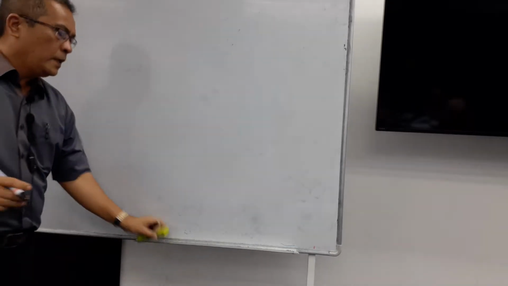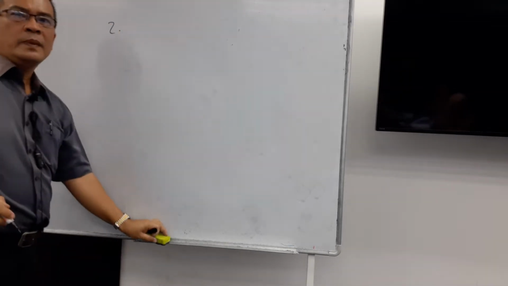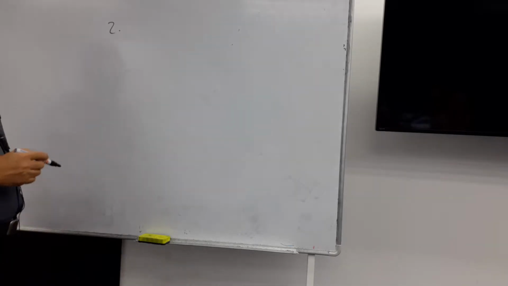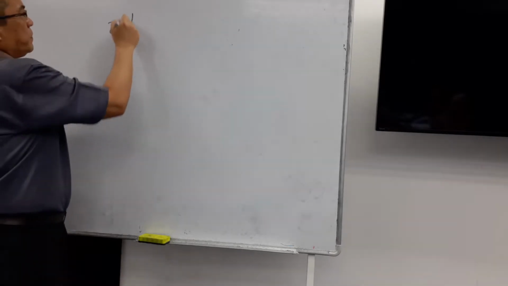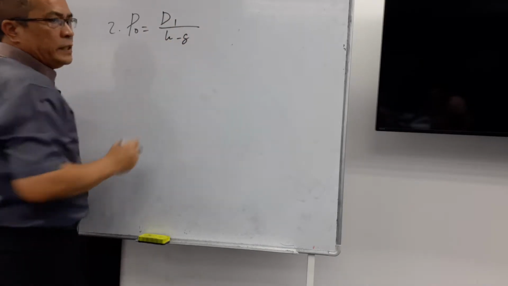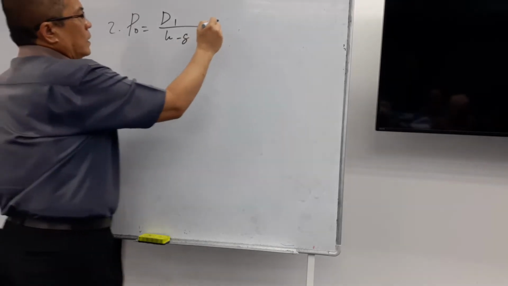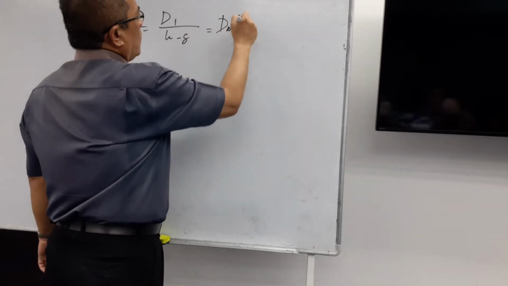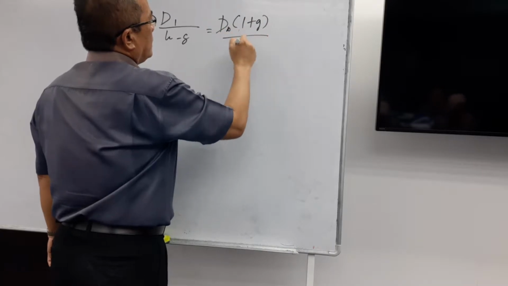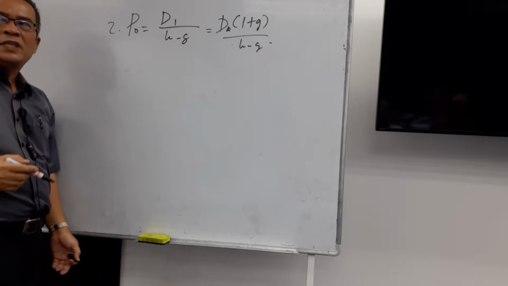The second technique of share valuation is the constant growth model, in which the formula is P0 is equal to D1 over K minus G, or D0 times 1 plus G over K minus G, in which P0 as usual is the intrinsic value of the